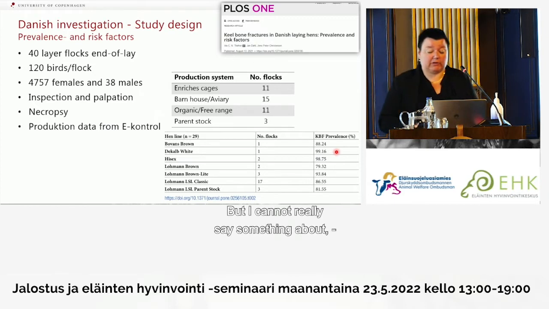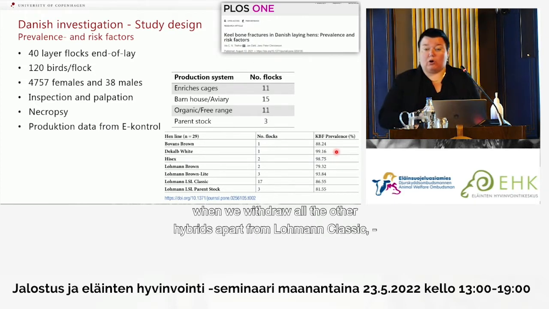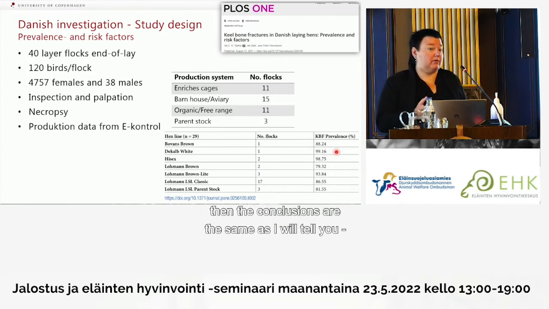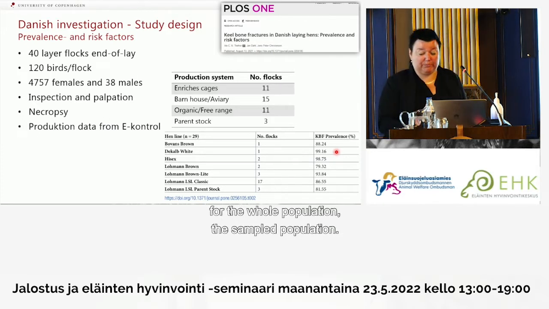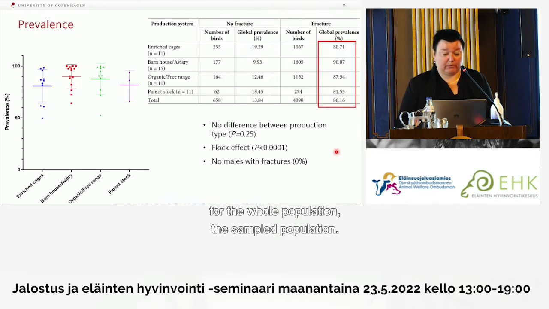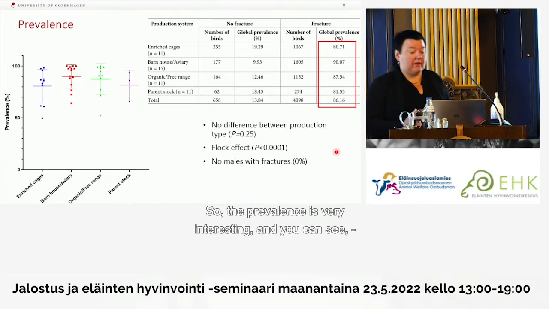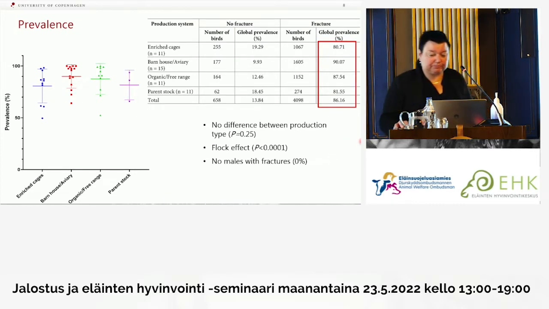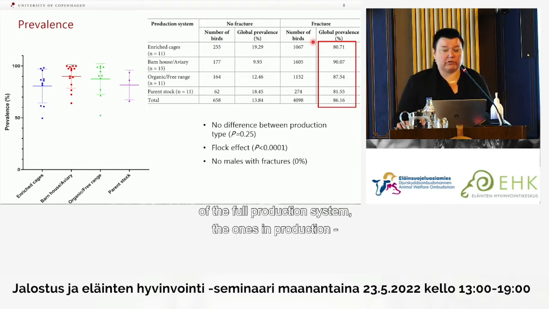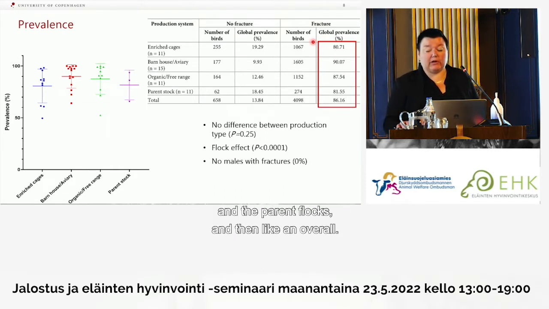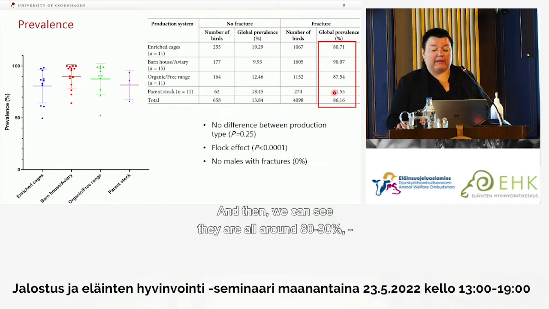But I cannot really say something about when we withdraw all the other hybrids apart from Lohmann Classic, then the conclusions are the same as I will tell you for the whole sample population. So the prevalence is very interesting, and you can see if we just go here to the right, we have the global prevalences of the four production systems, the ones in production and the parent flocks, and then an overall. And then we can see they are all around